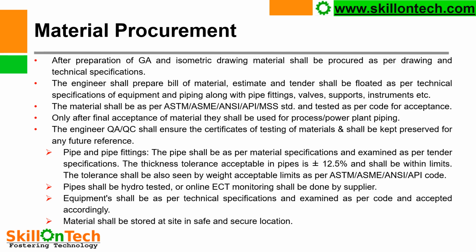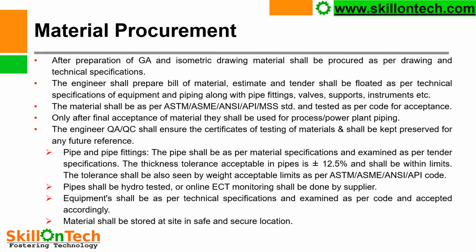Pipe shall be hydrotested or online ECT monitoring shall be done by the supplier. During the acceptance of piping and thickness tolerance, this is very important because pipe suppliers sometimes cheat us. What they do is paint the inside of the pipe and thereby increase the pipe thickness. So by a general